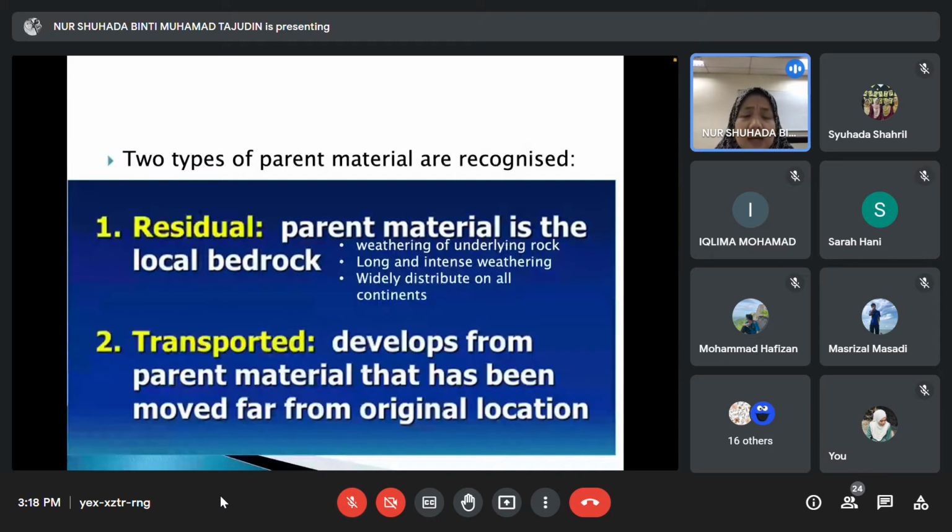Then number 2, the second parent material that we named is the